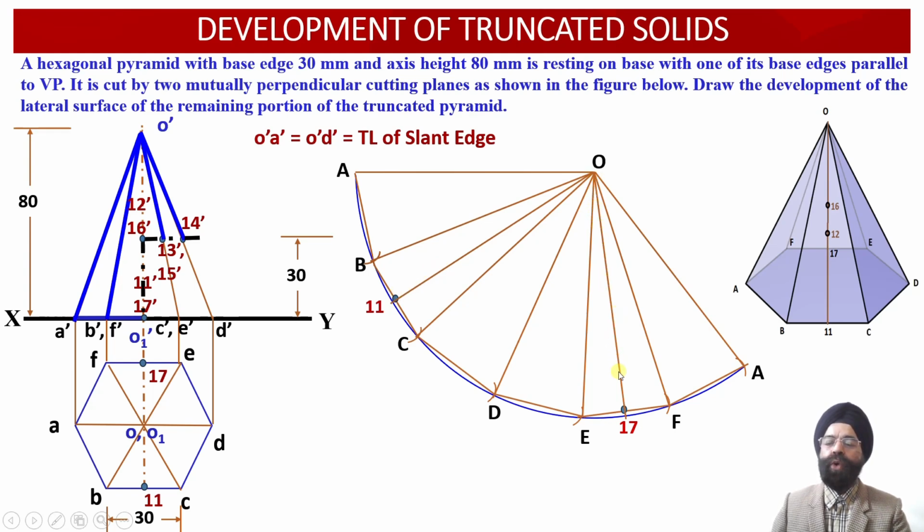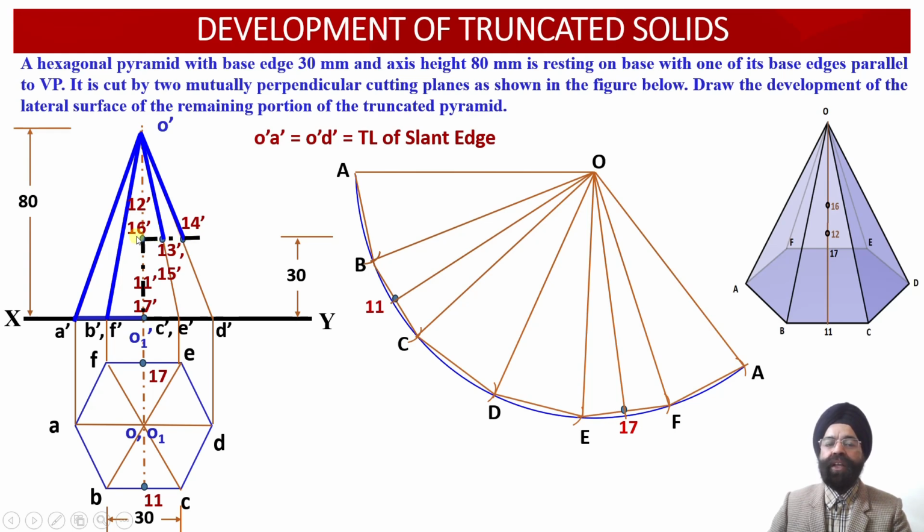So these are two additional slant generators corresponding to the midpoints of the base points 11 and 17 over here. And onto these two generators, two more points 12 and 16 need to be obtained over here. But these 2 points 12 and 16 are obtained onto the apparent lengths over here. So now corresponding to these 4 points 12, 13, 15 and 16, we have to project these points into the